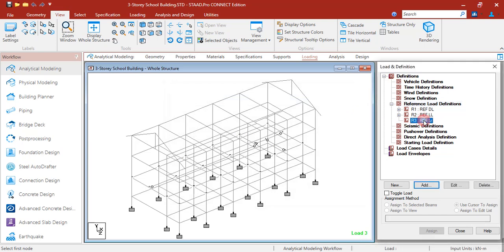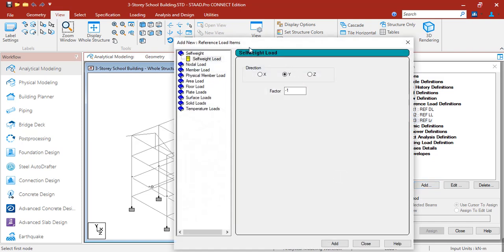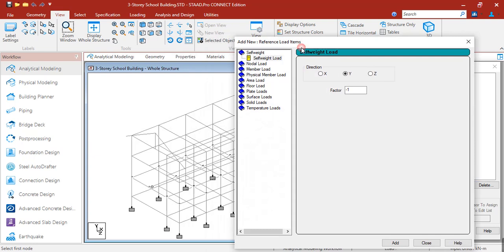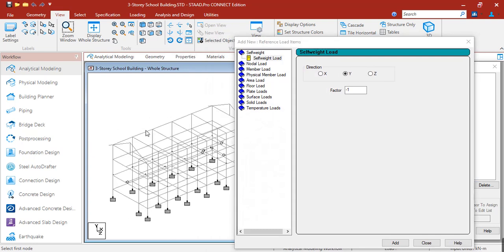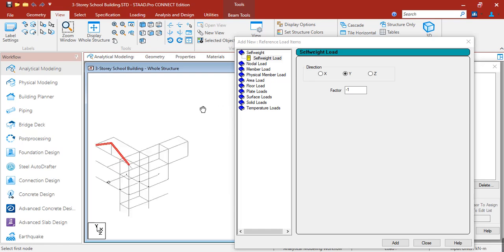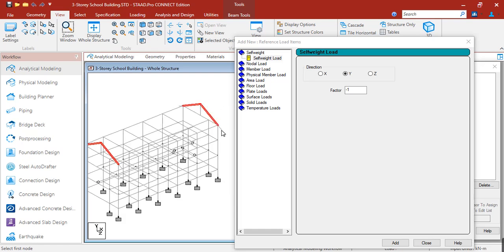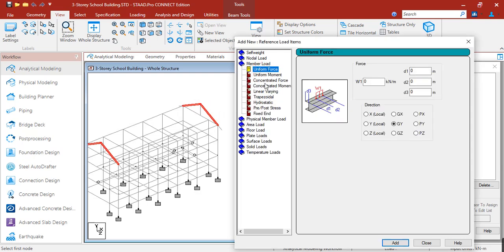Under reference LR, let's click add. Let's load the roof live load on the end roof girders. Under member load, uniform force, the load here is again 0.6 multiplied by its tributary area divided by 2.